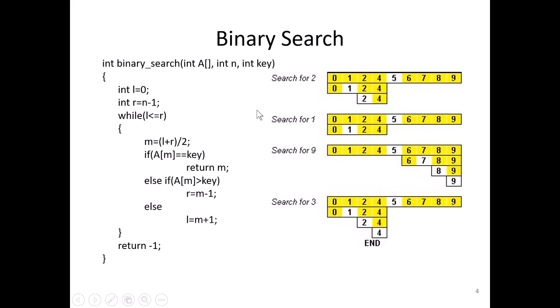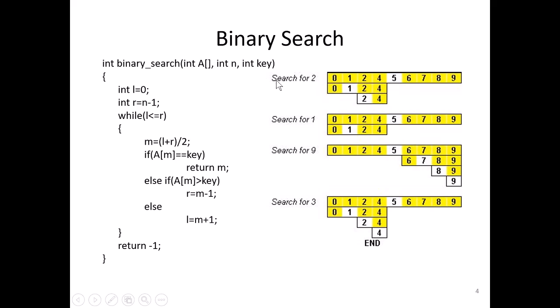There is another method called binary search. The binary search method is mainly applicable to a sorted list. If you have a sorted list, you can find the element easily. If the list is unsorted, just use linear search. If the list is in sorted order, use binary search to efficiently find the key. The running time for binary search is logarithmic of n. Here also I pass the starting address of the array, the size of the array, and the element to be searched, the key.